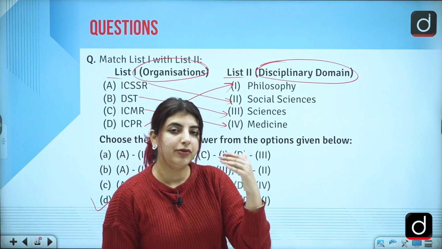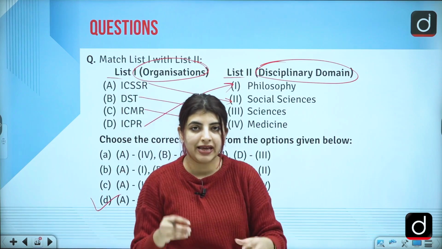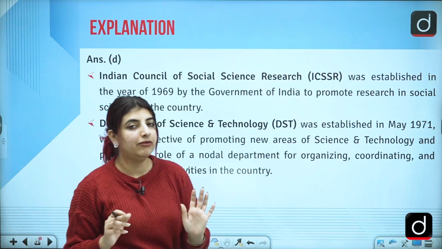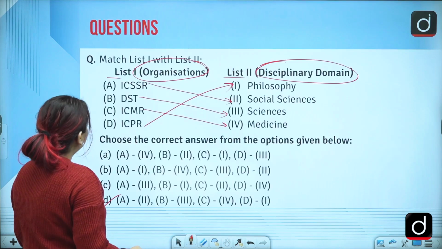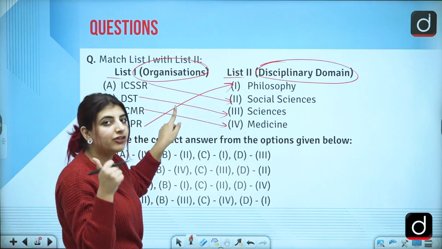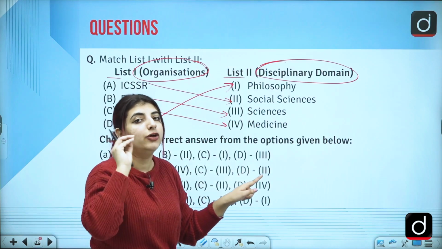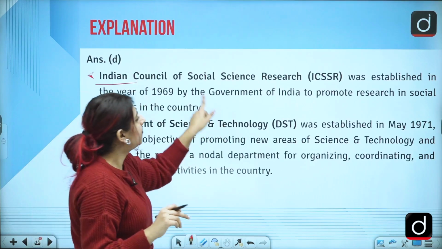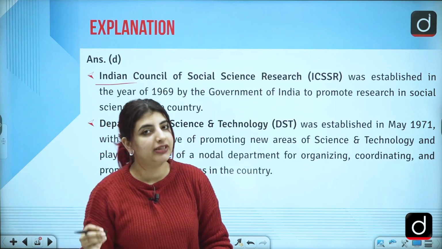So again, before even moving on to the explanation, bring out your pen, paper, notebook, etc. and try to jot these pointers down here, because these concepts are really important. First we have ICSSR. ICSSR is related with the social sciences. Now, if you know the full form of this abbreviation, which I emphasize in every video of mine, that abbreviations, if you know the full forms, you will be able to crack the answer. So if we see ICSSR, Indian Council of Social Science Research, and in the question we matched it with what? The social sciences only, correct?